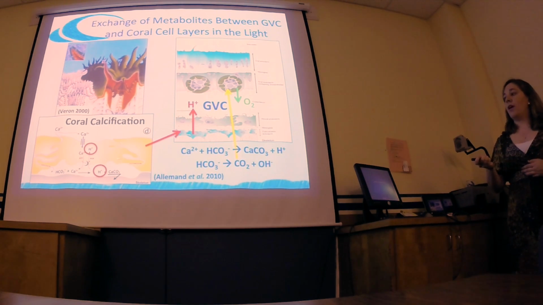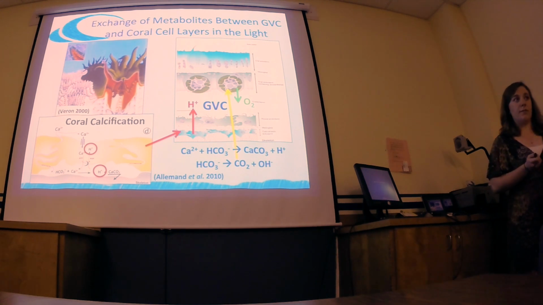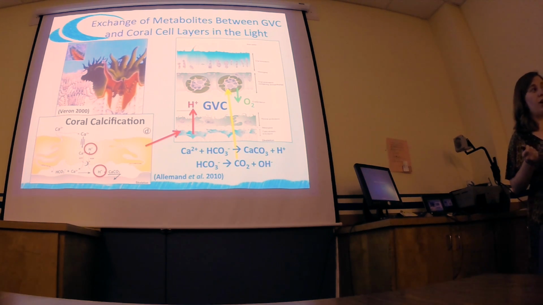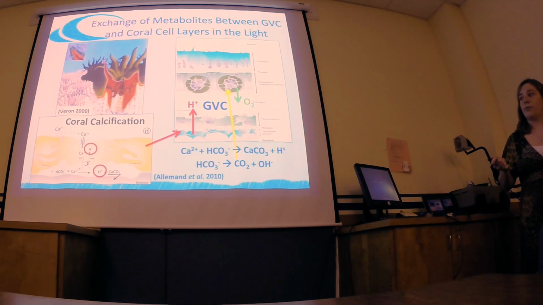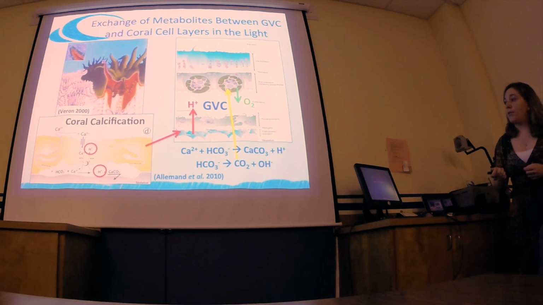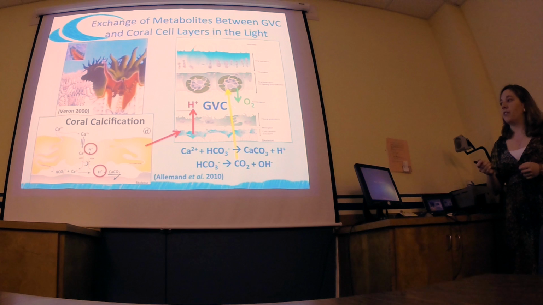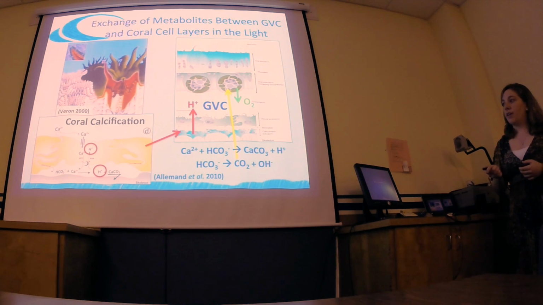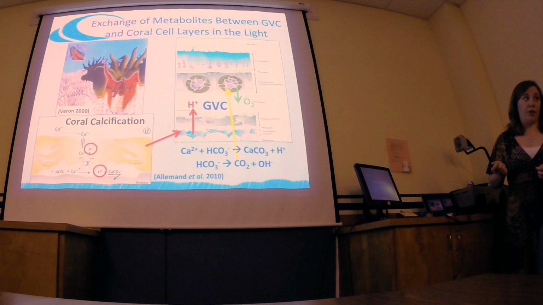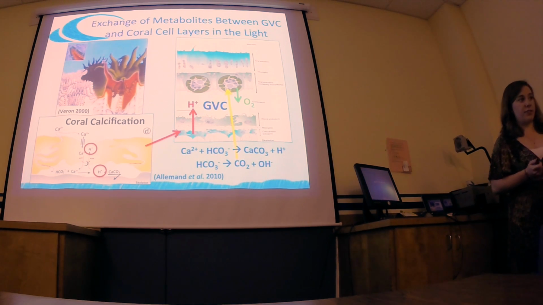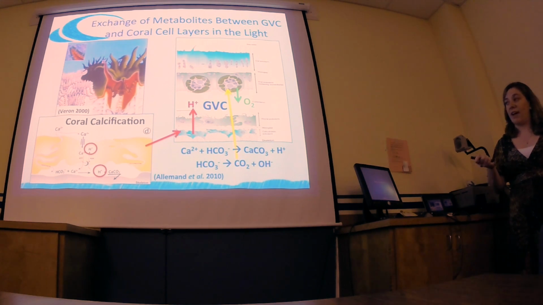But when we do this, we also are left with protons in the system. So there is a proton pump that, as the calcium comes in with a positive 2 charge, 2 protons are able to be removed with a positive charge as well. And we see that since the gastrovascular cavity is the most proximal area to where calcification is occurring, these protons are most likely being placed into this gastrovascular cavity, where